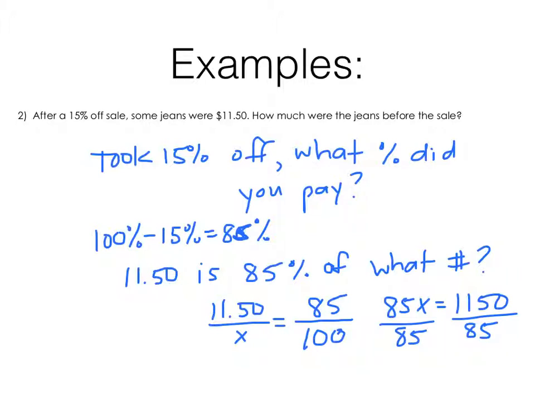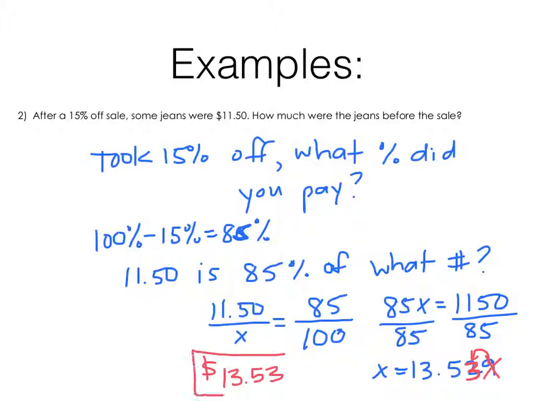1150 divided by 85 comes out to 13.529. Well, we can't keep the 9 because we are dealing with a dollar amount here. So we have to round this to 2 decimal places. In this case, because it's a 9, we round it up to a 3. And the original price of the jeans was